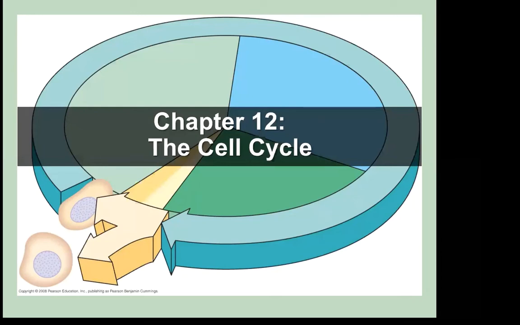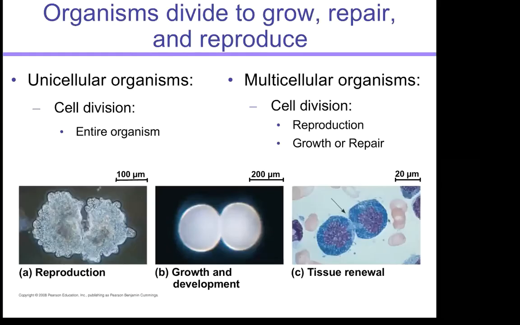Okay, so the next topic that we're going to talk about is cell division. And we're going to start off first with mitosis. So, if we think about this process of mitosis, the cell cycle is really important. It's what allows our cells to divide. It's an important process because it is through the division of cells that organisms are able to grow, to repair,